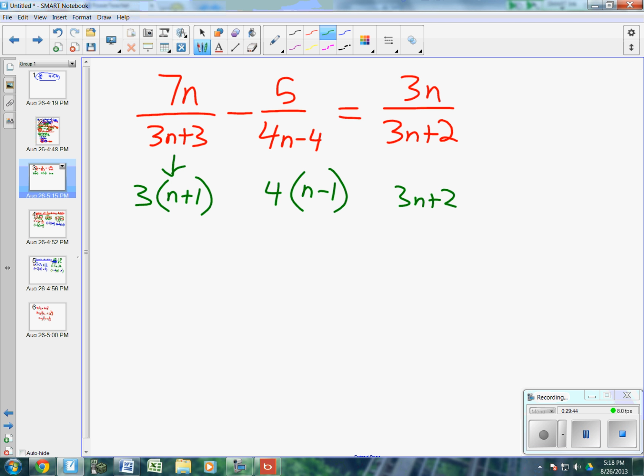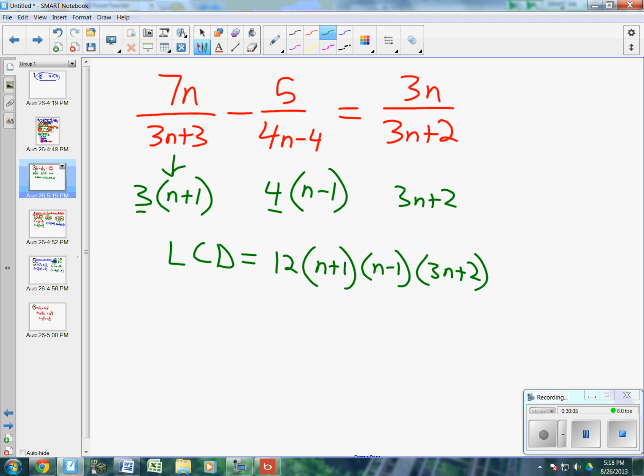And so my least common denominator, or lowest common denominator, however you want to say it, is going to be all these factors: 3 times 4, which is 12, times n plus 1, times n minus 1, times 3n plus 2. Now, we're not going to multiply those all together right now, because when we multiply it by each fraction up here,